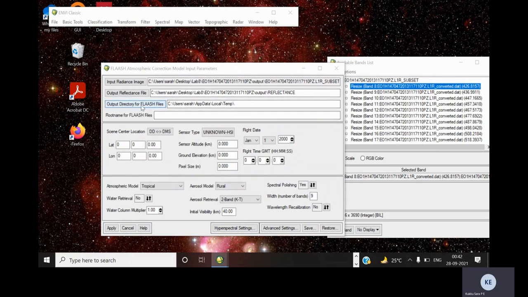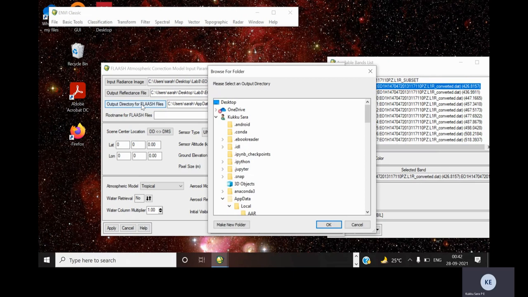Next is the output directory for the flash files. After atmospheric correction, a water column imagery will be created by this flash atmospheric correction model, and also some cloud classification images. In order to store that, we'll give the directory.